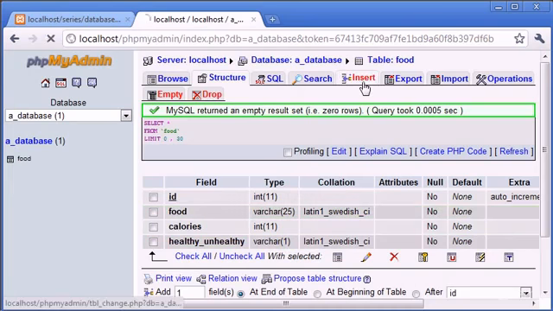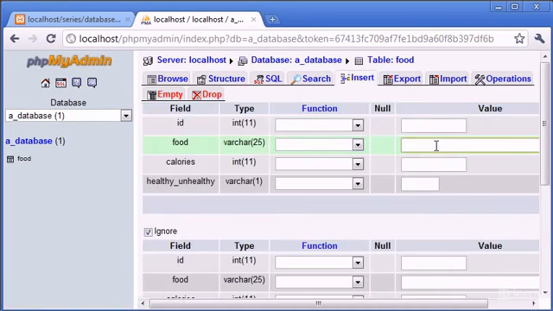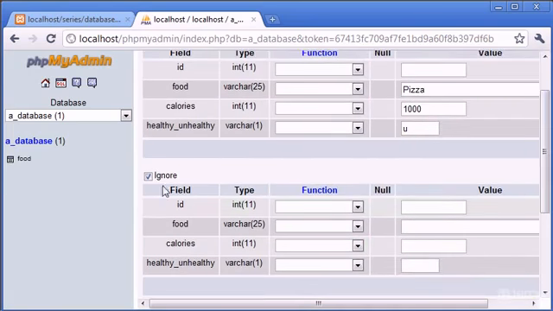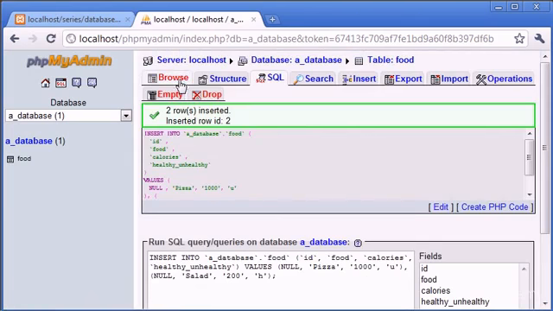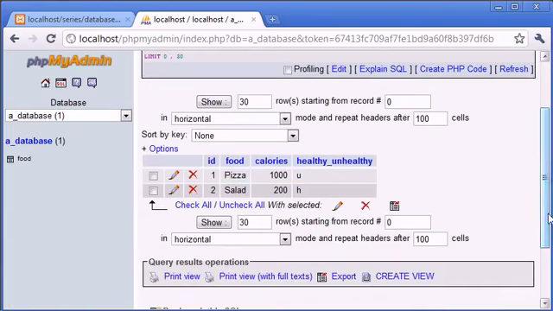Okay, so let's go and insert a row of data. Remember the ID can be blank because that's automatically going to equal 1. The food, I'm going to say pizza. The calories, I'm going to say 1,000. And unhealthy or healthy, I'm going to say U for unhealthy. Let's just untick this ignore, and we'll insert another row. Food, let's say salad. Calories, I'm going to say 200, and I'm going to say it's healthy, so I'm going to put an H. So let's click on go. That's inserted 2 rows. That's successfully done. Now we can click browse and view this data. So we can see that we've got an ID which is unique, we've got the food name, the calorie amount,